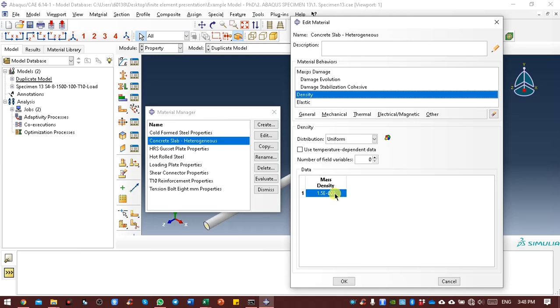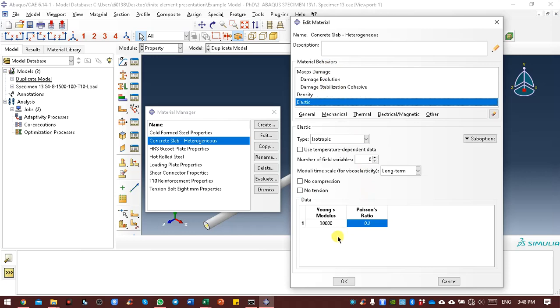That's why it becomes 0.009. The elastic I got from the average is 30,000, and the Poisson's ratio is 0.2.